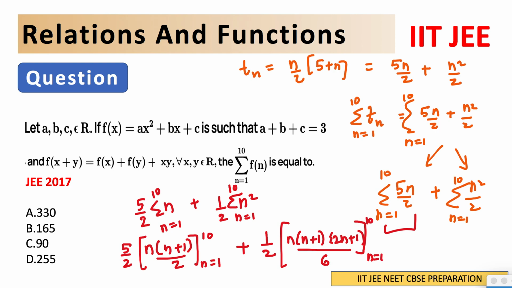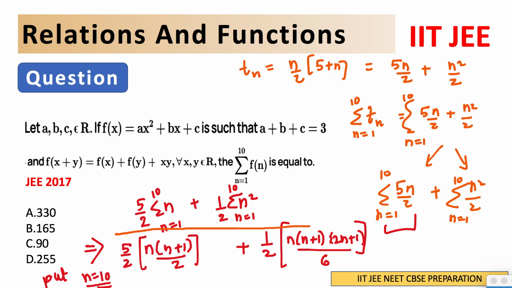So now what you have to do is just place the value of n here. The value of n is already given to us, n is 10. So put n is equal to 10 in the above expression. Whatever value you get when you put it is our final answer. It is very easy, I'm not going to do that for you because it is pretty simple. Put the value of n in the expression we just calculated and you will find the final answer.